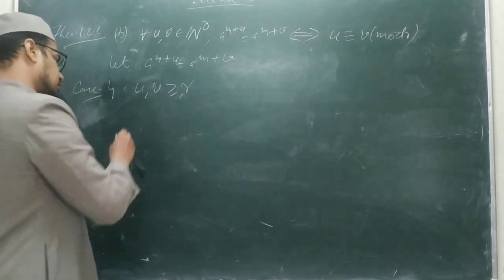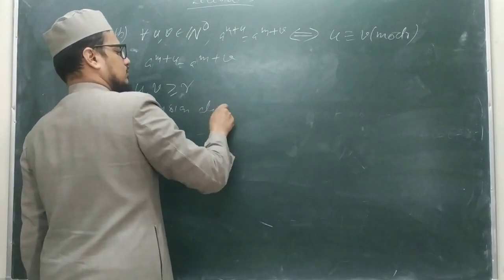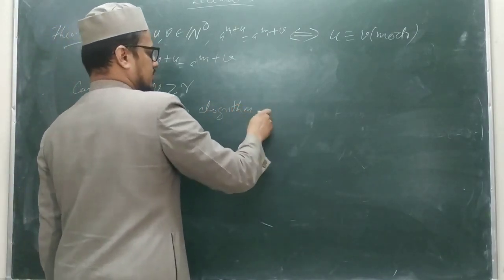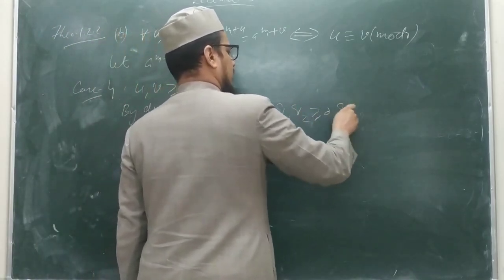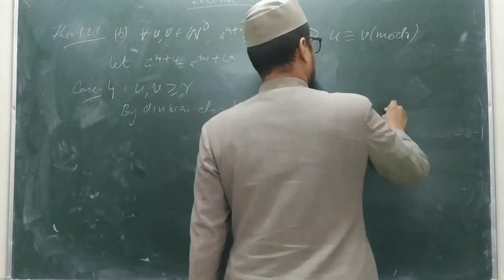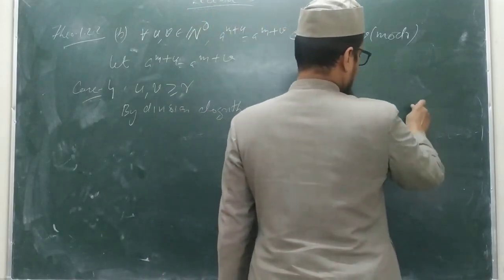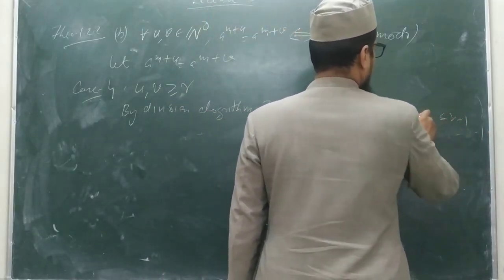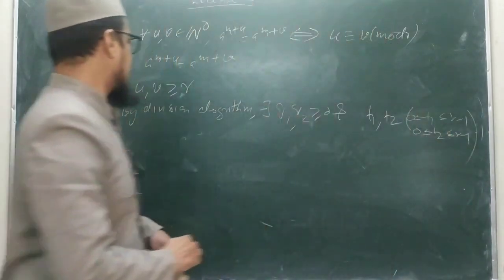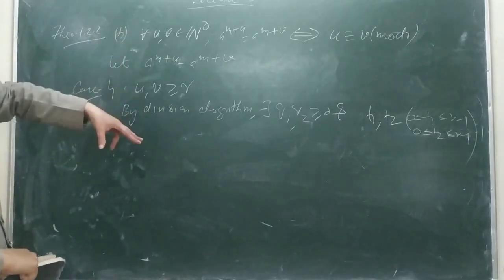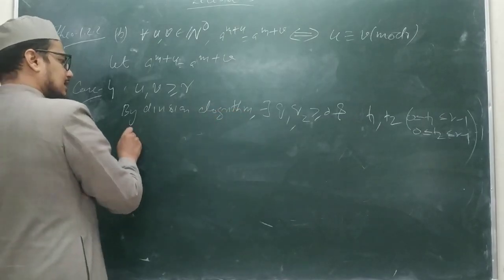Now again, by the division algorithm of integers, there exist q1, q2 greater than or equal to 0 and t1, t2, where t1 lies between 0 and r minus 1, and t2 lies between 0 and r minus 1. As we are applying the division algorithm on u and r and v and r, so by the division algorithm, such that